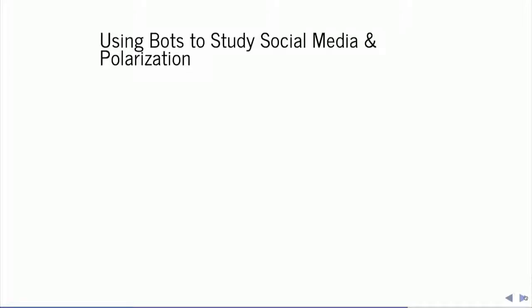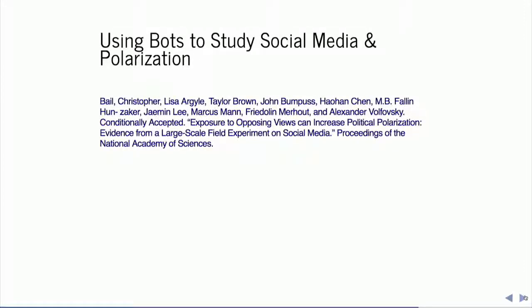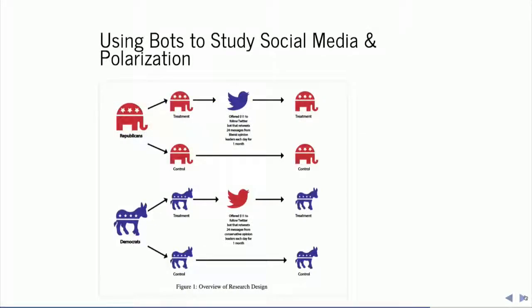And so my group here, and some of our TAs here have been involved in this, has also been using bots, but for another purpose, which is to study social media and political polarization. And so in this study, we recruited a panel of about 1,600 Republicans and Democrats. And we administered a survey to them. And the survey asked a range of questions about their political beliefs, especially attitudes about the other party, but also substantive issues around, what do you think of climate change? What do you think of government regulation of the economy? Things like this. And we also asked them for their Twitter handle.